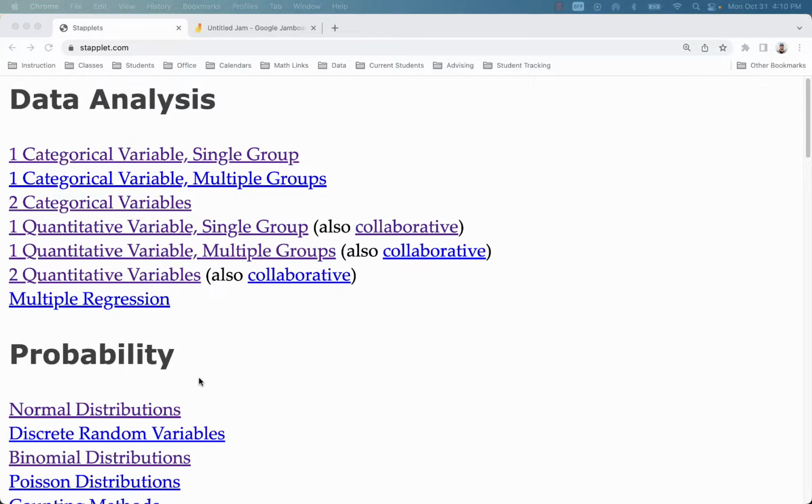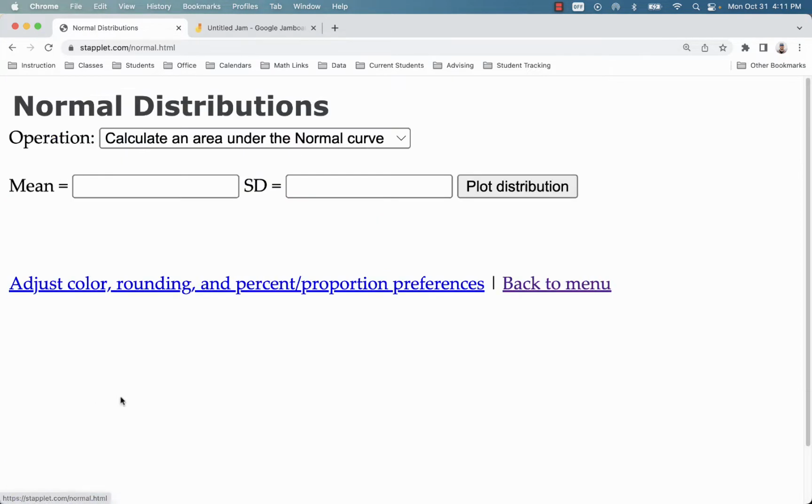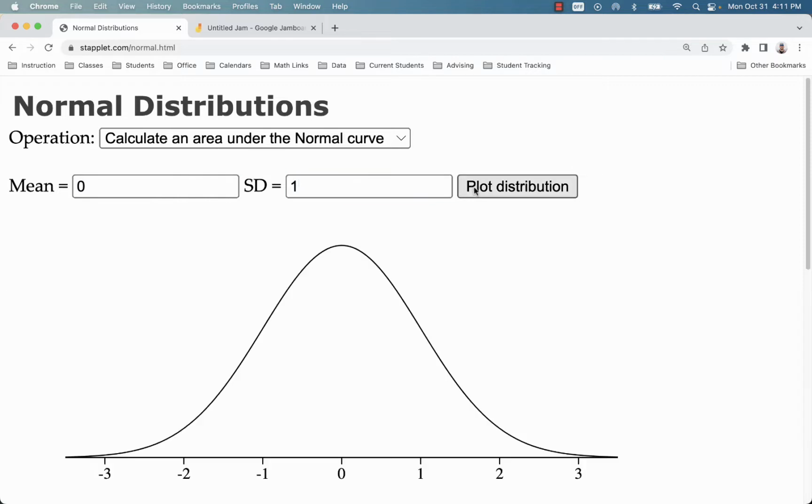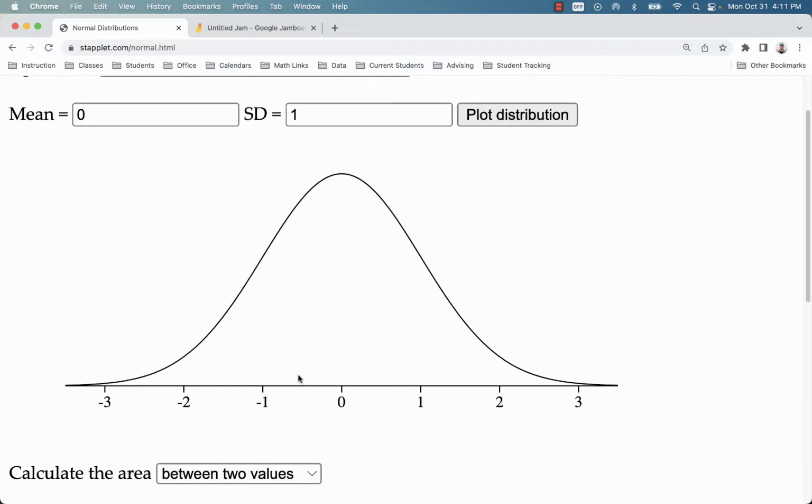I'm going to calculate probabilities using the standard normal distribution. For this, go to stapplet.com, normal distributions, enter a mean of 0 and a standard deviation of 1. This curve is standardized, meaning there's no context or units, and the axis would be called a z-axis, and it